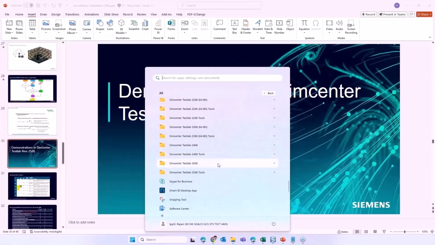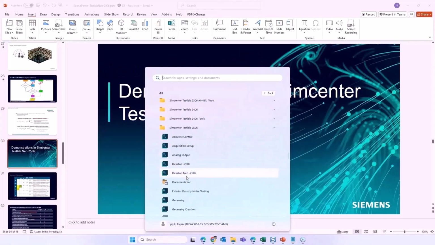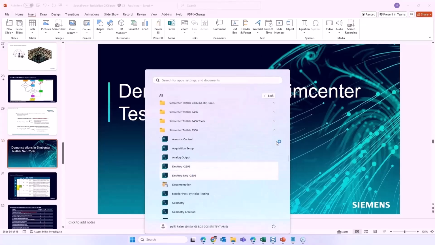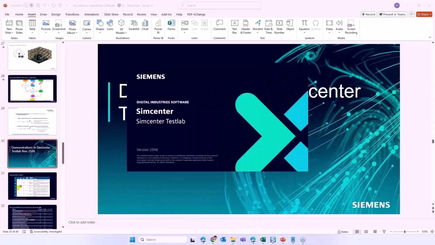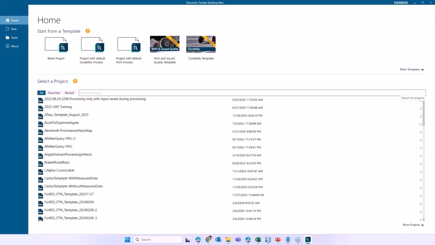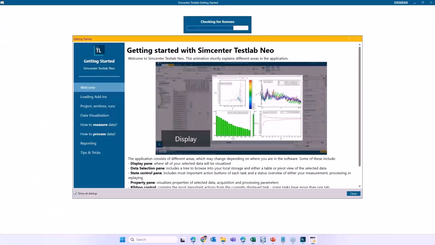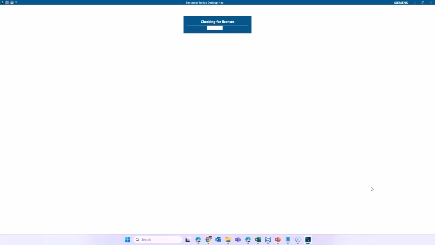So I'm going to my TestLab 2506, and then I'm going to launch Desktop Neo. To give a little bit of background, I already have some measured data of the background noise in the room, and also some measurements of the sound pressure using 10 microphones in a non-ideal environment, I would say. So we have to apply the K1 and K2 correction factors. We'll see how to do that in TestLab Neo.